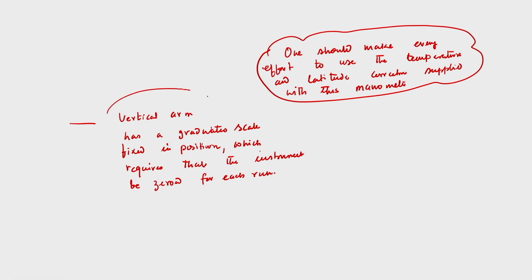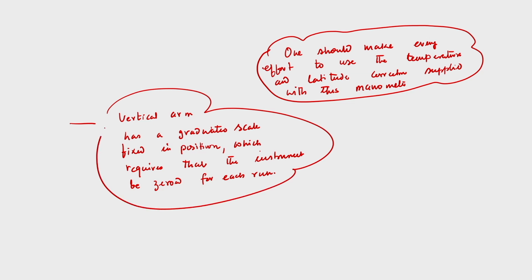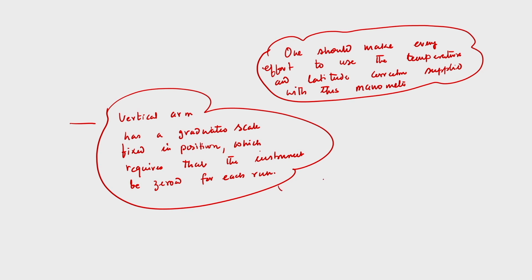Why? This is the important point that I am mentioning here. Why is it important? Because there is a vertical arm or graduated scale, which is fixed in position, but this requires that the instrument must be zeroed for each run. That means it indicates that, or I can write that, because